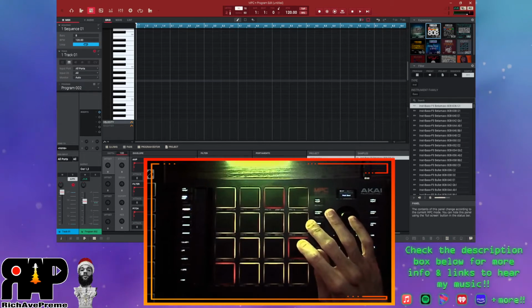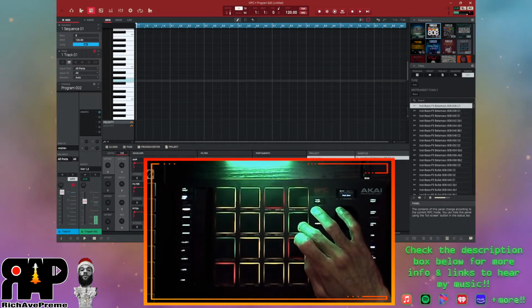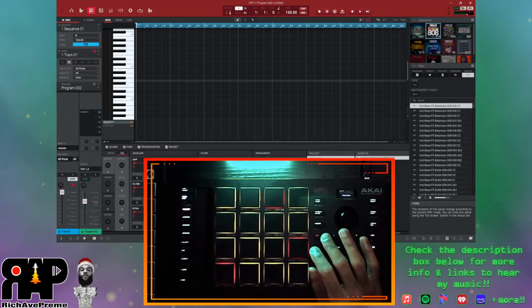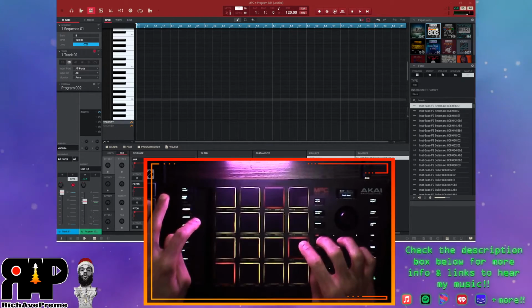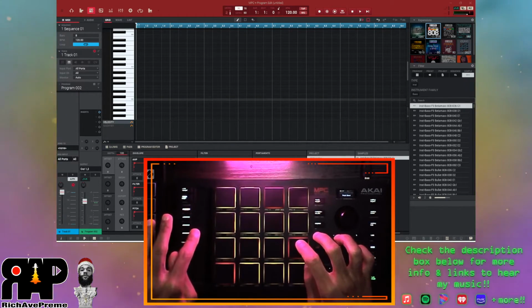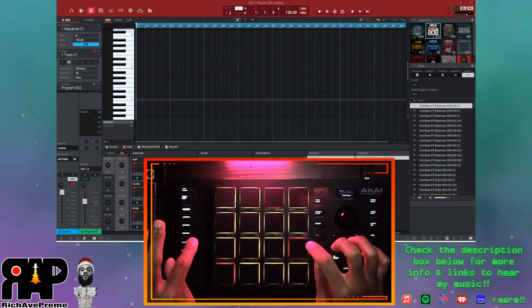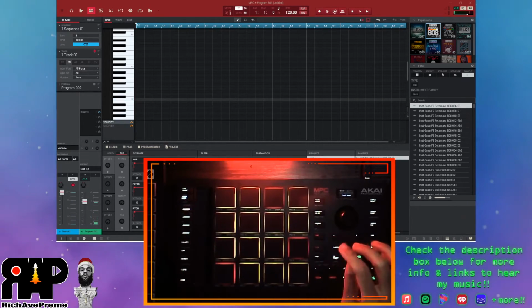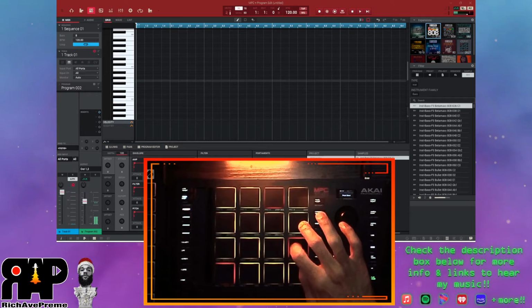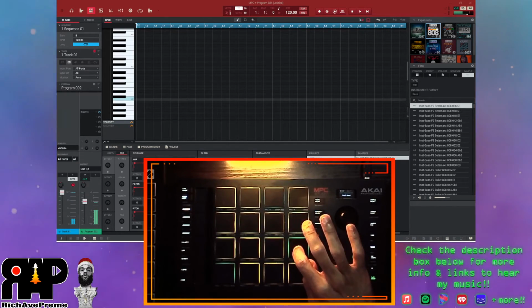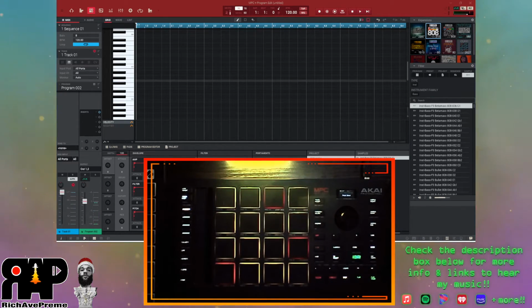Now you'll notice that it has that attack to it, that hard hit to it, compared to using the pitch bend, the touch slider, which has a much smoother bend to it. You know, if you want that hard hitting bend, then that's the way to do it. But other than that, wherever you see pitch or pitch bend, all these different options,